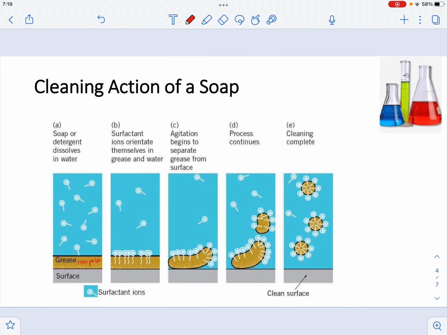So these concepts of hydrophilic and hydrophobic areas are really important when we're trying to understand how a soap actually does the cleaning action. As you can see in this figure, there are several steps for a soap to actually perform its cleaning action. First, the soap is going to be able to dissolve in water. And in this lab, you will be observing the difference of dissolving it in soft water versus hard water. But in general, if you have